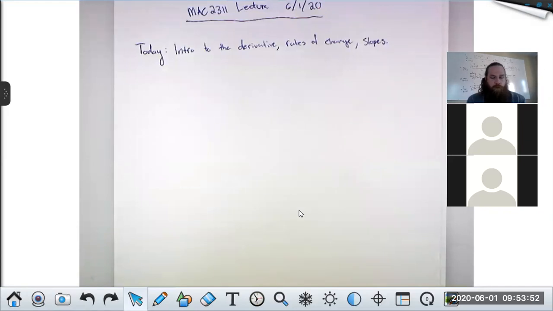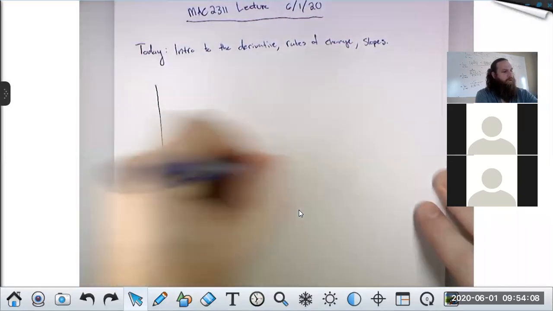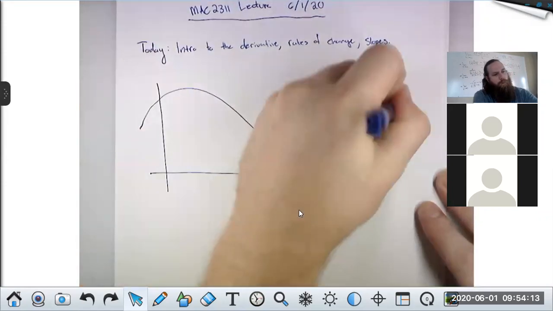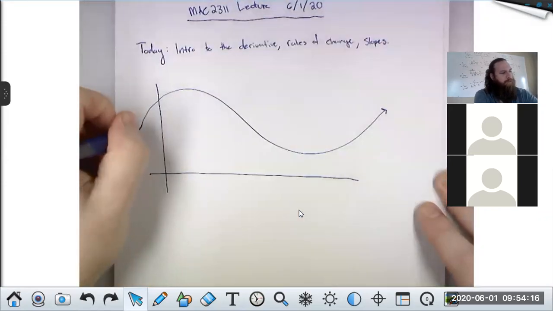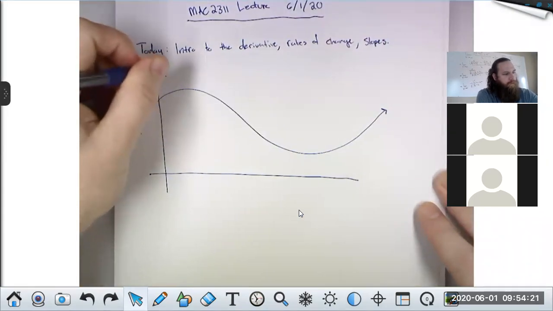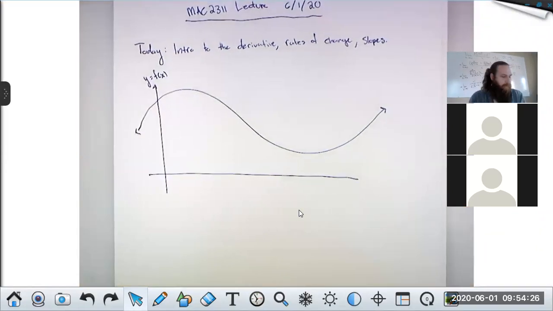There's a bunch of different ways to try and motivate the concept of a derivative. One that I like a lot is this idea of linear approximation. So if you have a function like this, any function, nice smooth, curvy graph,